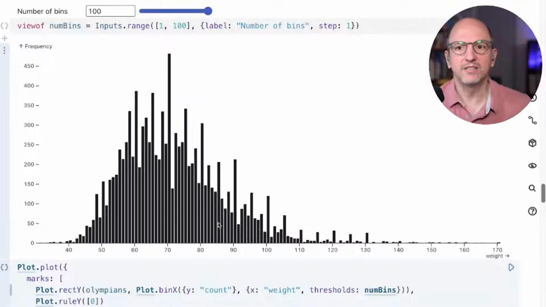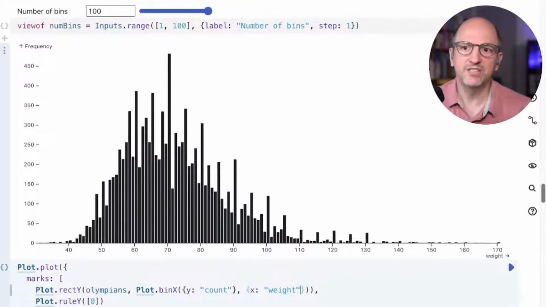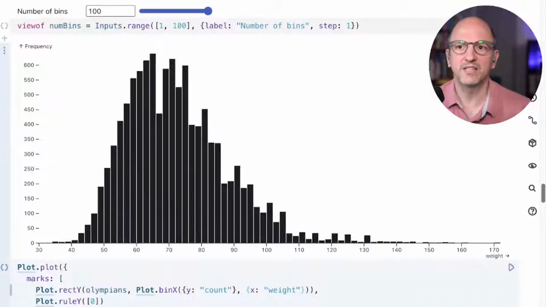And I'm not going to go into the details here. When you don't give it a number of bins, then Plot chooses the thresholds using a heuristic that I don't know the details of,